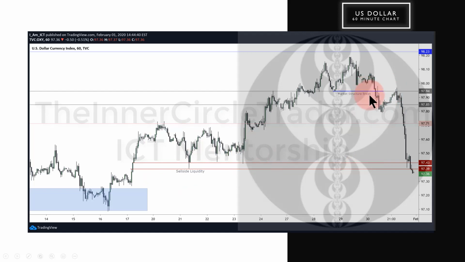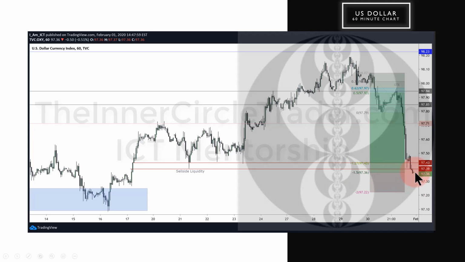Everything changed on Thursday with the market structure shift, and then we trace back to it, and optimal trade entry sending us down into the liquidity here, as I mentioned in the video on Wednesday. If you look at the swing high, the swing low, it takes us right back up to a perfect 62% retracement, optimal trade entry, then expansion down to the negative 1.5 level, which is 97.36, and it went down to